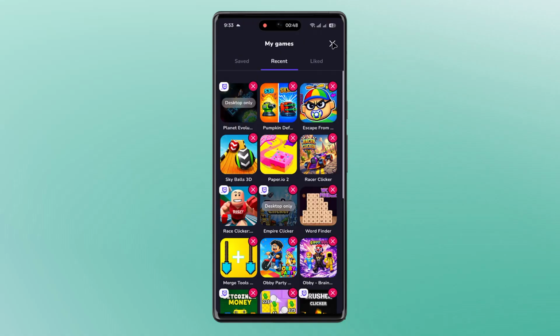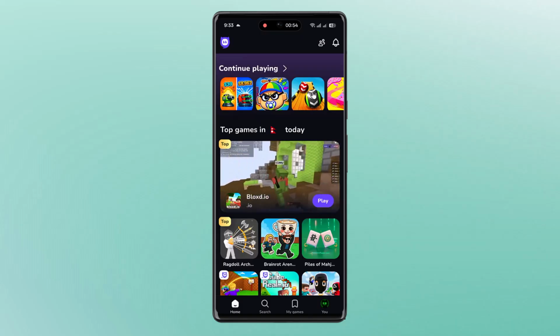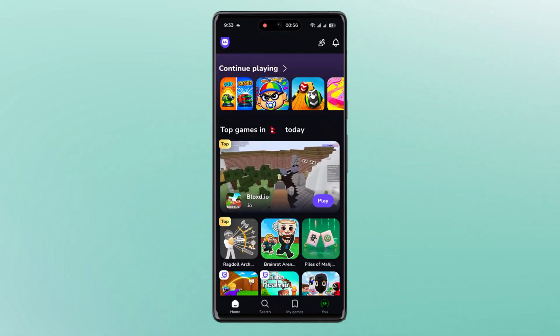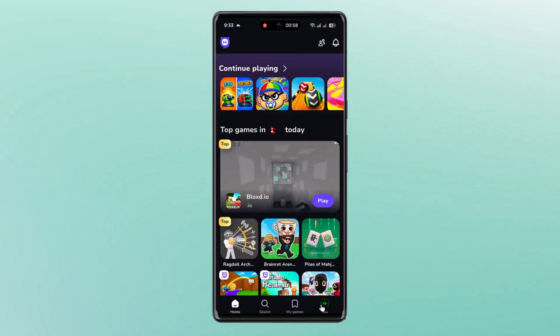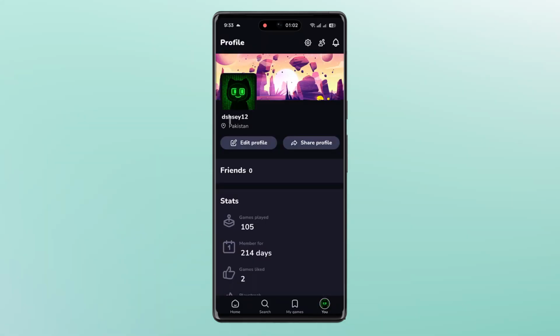But the caveat here is that this only works as long as you are connected to a particular account. So you must create an account and log in using that account. To check for that, just tap on the U icon from the bottom right corner of the screen right here, and here you can see in my case I'm logged into an account, and it is a very simple process